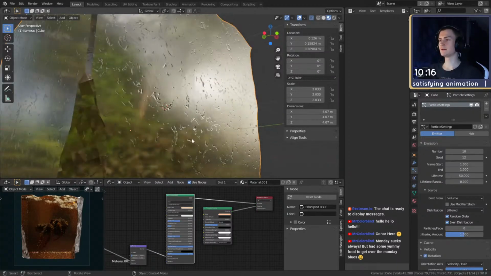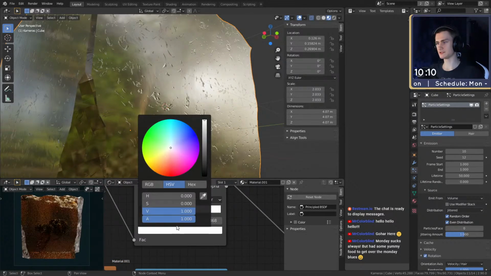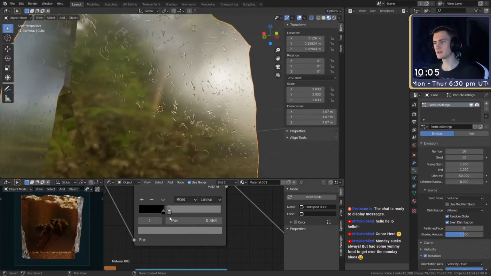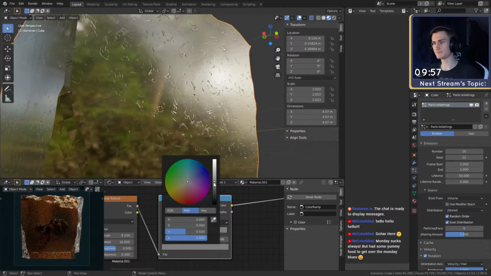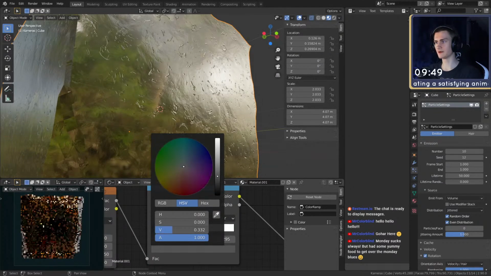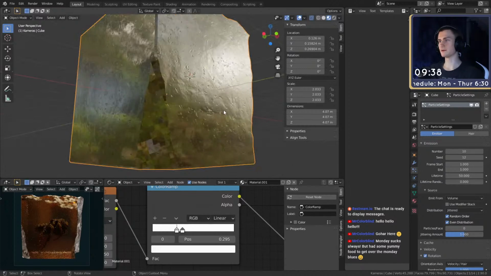Perfect. Might be too deep right now, so we can go in here and first of all change this to something like 0.5, and then if we leave that at 1, we can have these previous imperfections still. Maybe we can put this to something like that, and then we go in here and pull up these darker values. Okay, almost to 1, maybe something like that. Yeah, this looks pretty okay.